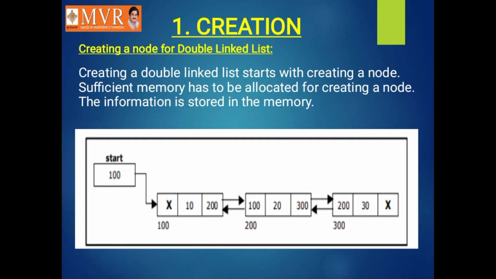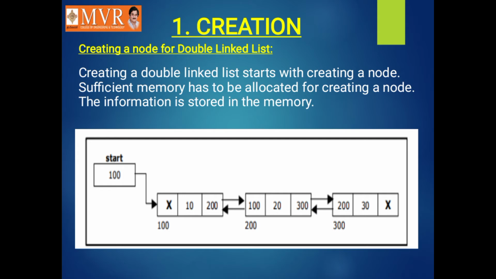And by using the right link, we move a step ahead, and the address here is 300, so we move to the location 300. Here the data is 30 and the left link is 200 and the right link part is null, indicating that my double linked list has ended. Okay, here I started from the header node and moved to the first, that is 100th location, then the 200th location, and then the 300 location.